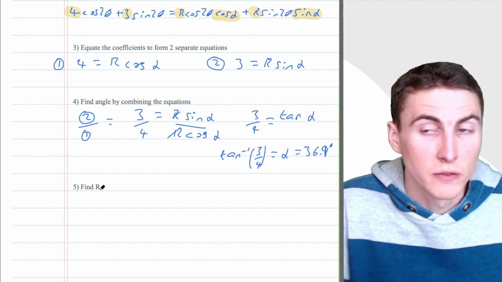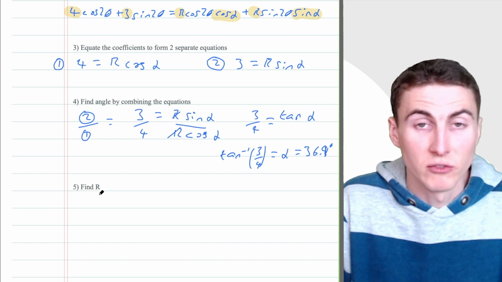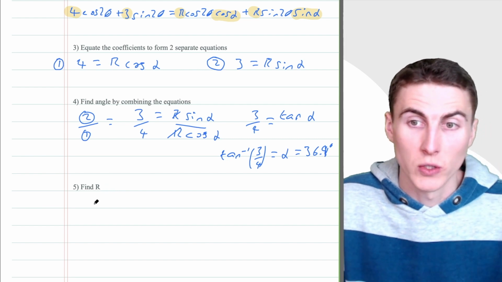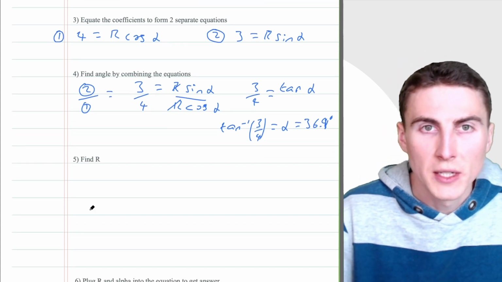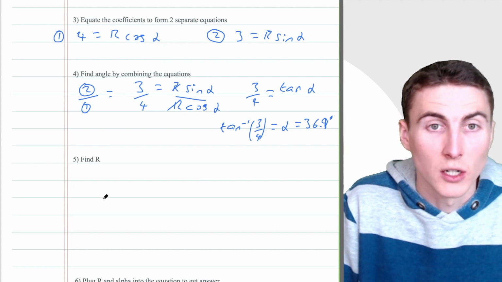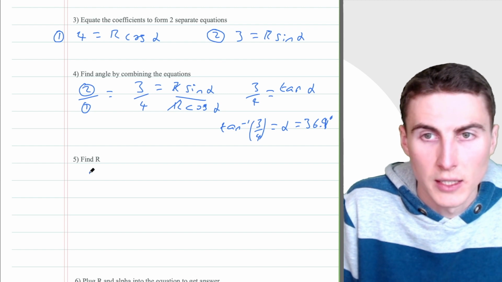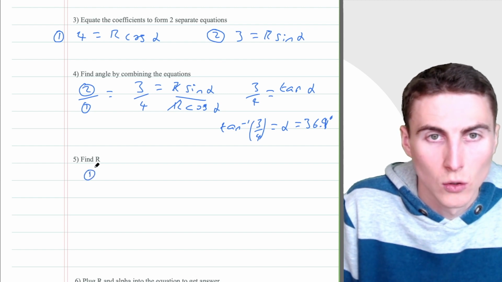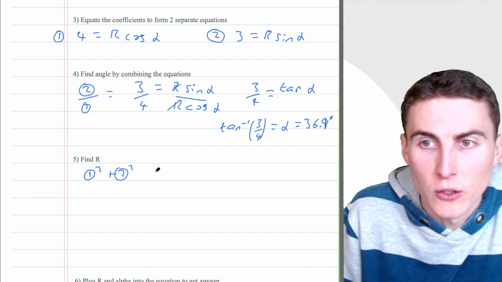And then the other thing we need to do is find r. And once you get used to it, finding r is actually really, really easy. But I'm just going to do it the long way to kind of fully explain how it works. So basically what we're going to do is we're going to take these two equations and we're going to square them both. So basically what I'm going to do is 1 squared plus 2 squared. Yeah. So when I do that,